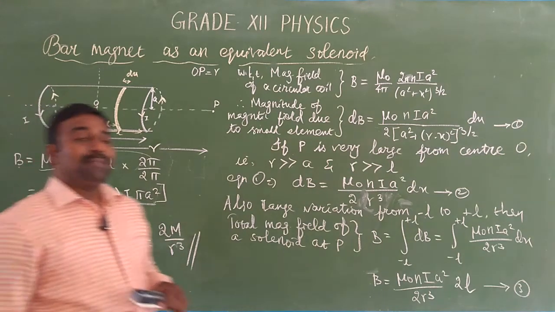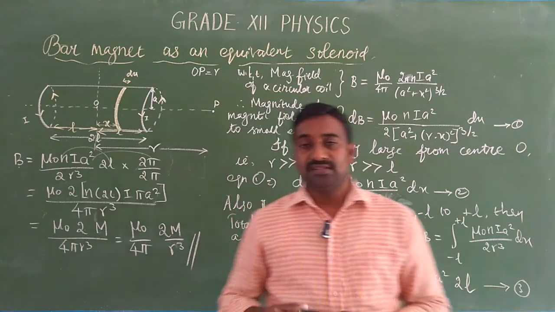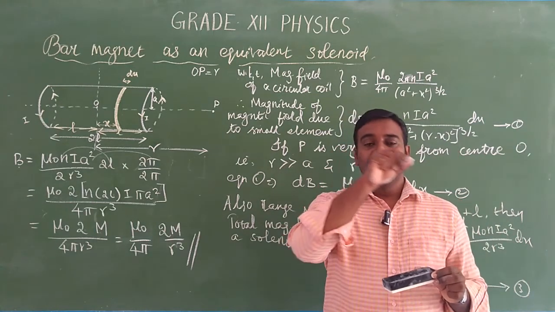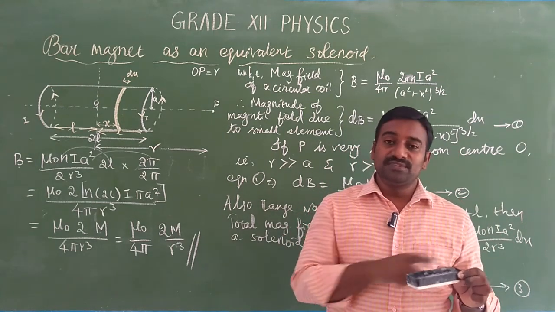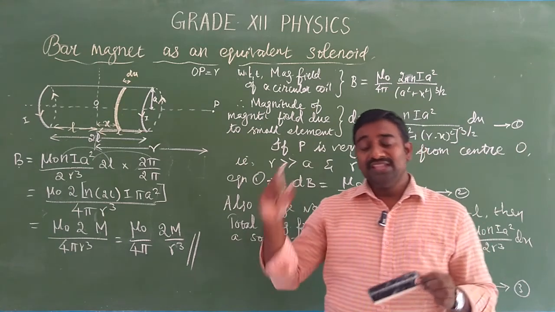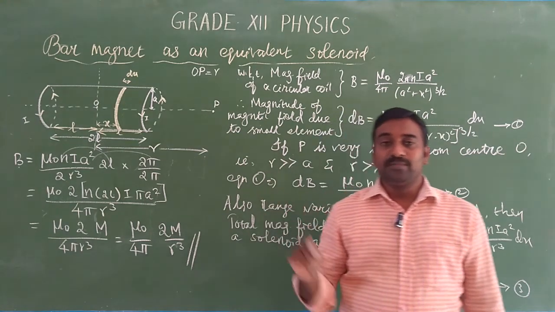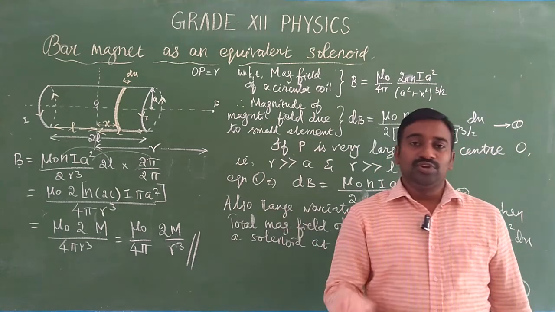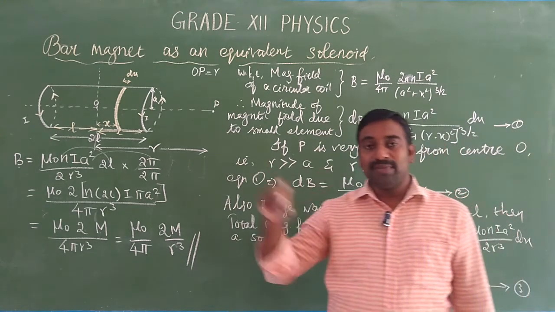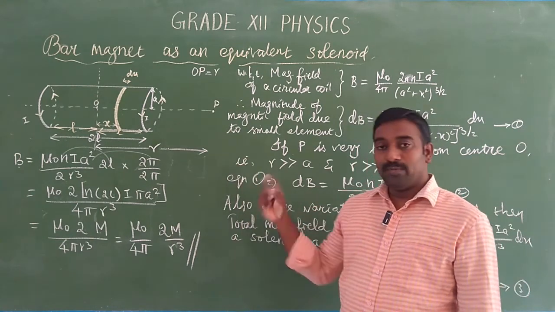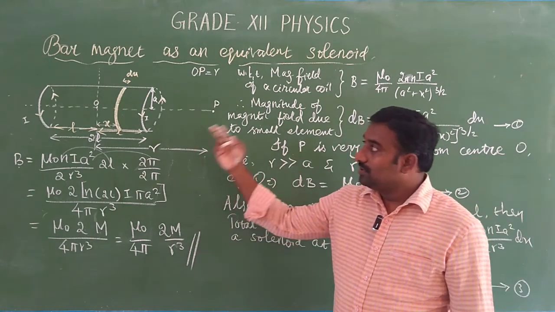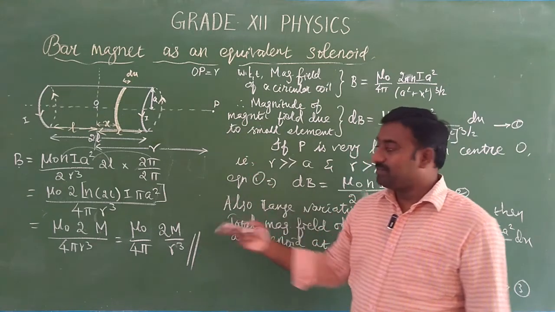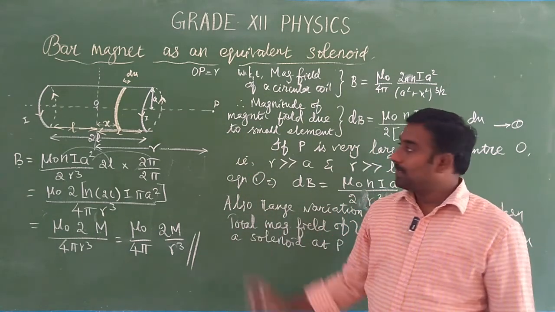So the solenoid magnetic field is the same as that of a bar magnet. From the bar magnet, the field lines emerge externally from north and merge to the south, internally from south to north. However, inside the solenoid, the magnetic field is uniform. It is parallel lines emerging from south to north. So inside the solenoid the magnetic field is uniform. The axial field of a bar magnet and the solenoid magnetic field that we have obtained now are both the same. Okay, listen once again.